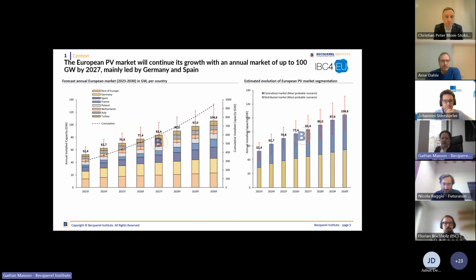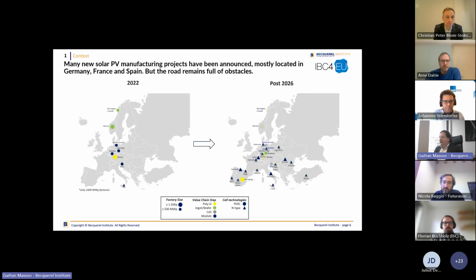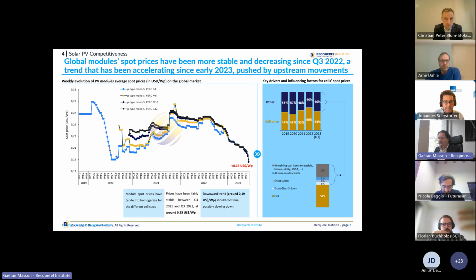Of course, distributed applications are more easily targeted in the case of European production, knowing that cost questions are less important. If we look at projects which have been announced, and there are many more than that slide, it's just to show that there is some willingness to reindustrialize, and things are changing fast. So I will not spend too much time on that, but I would like to focus a minute on the